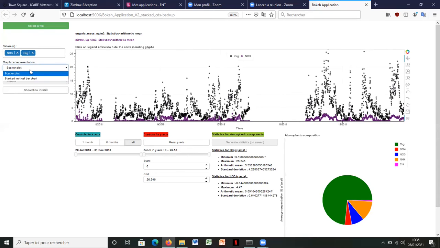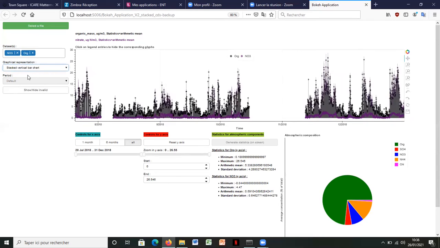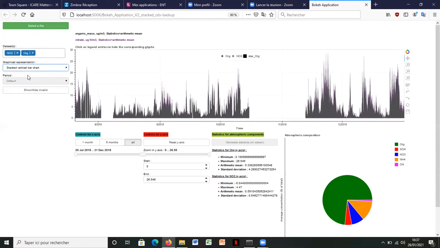Now I will choose the stacked vertical bar chart. You just have to wait a few seconds before the complete appearance of the chart, because it requires several calculations for the computer.